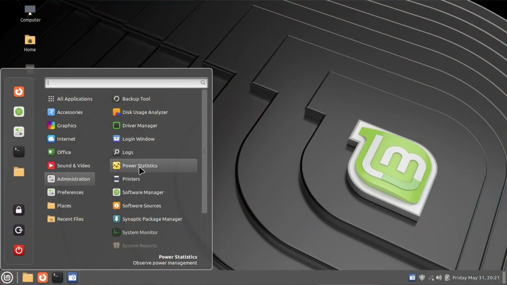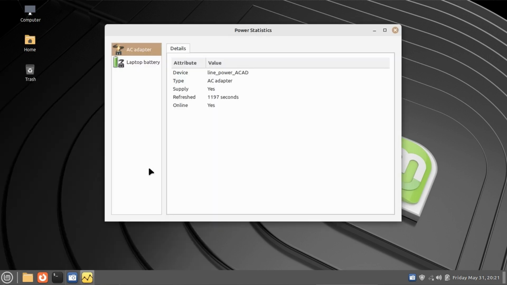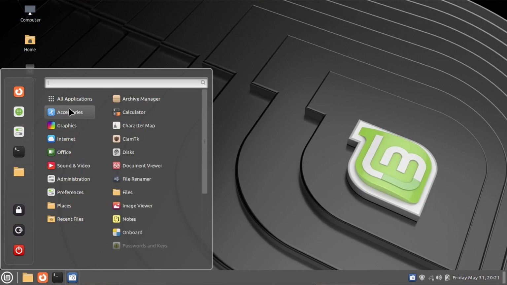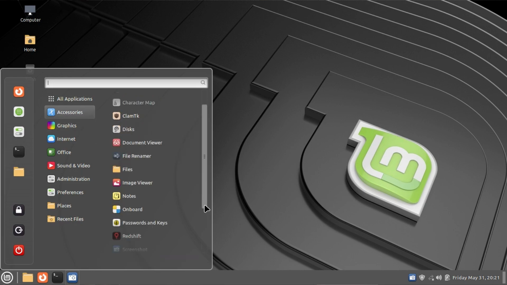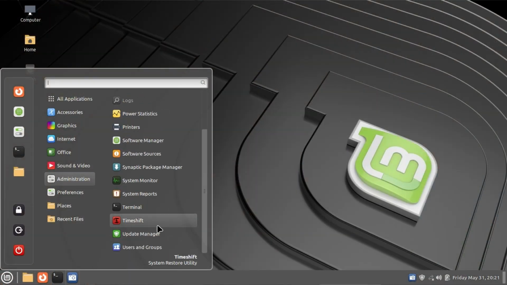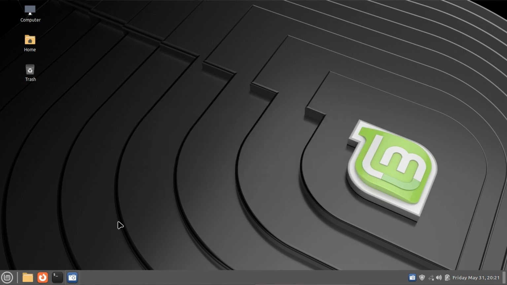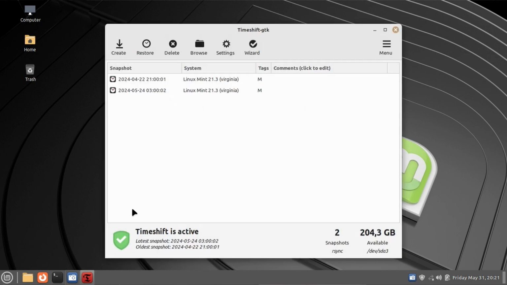Power statistics. Okay. Not so interesting. But you have a lot of stuff that you have with other systems as well. What I found interesting, as I said, was that thing with Timeshift. Yeah, Timeshift. It was called Timeshift. So I have to type in my password here in order to use it. And then you see that there are 2 snapshots. And if I click now, create,